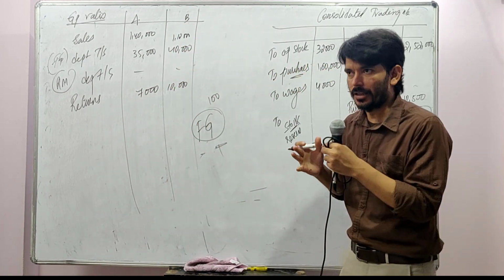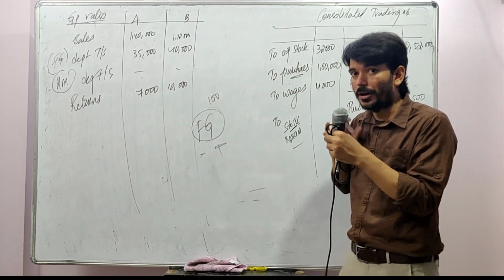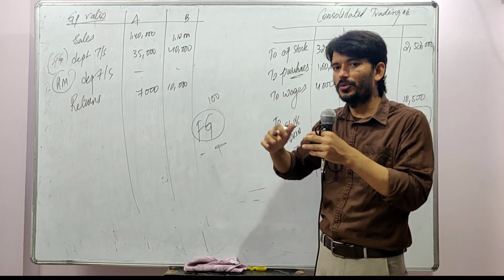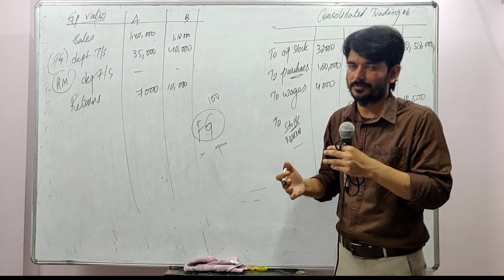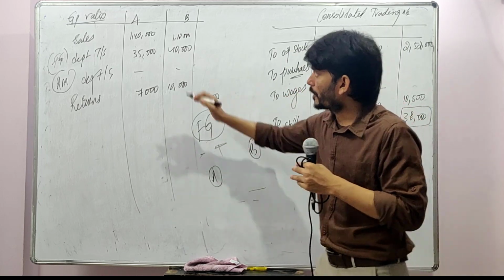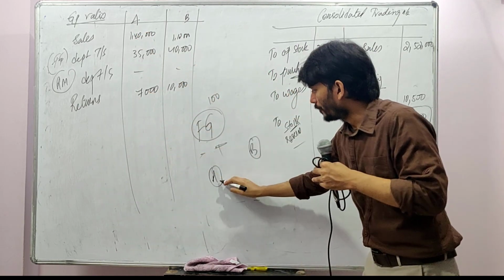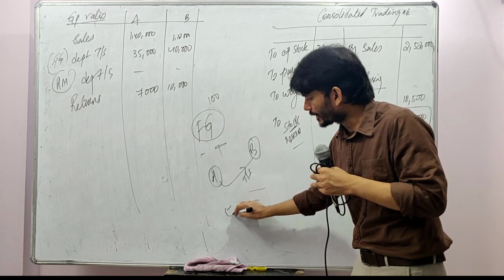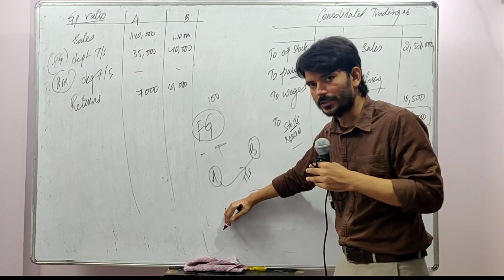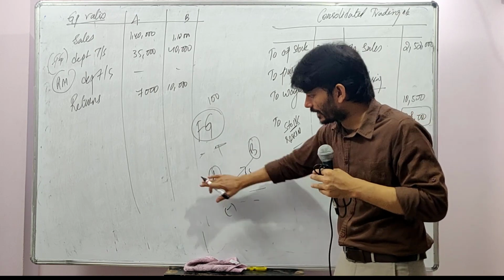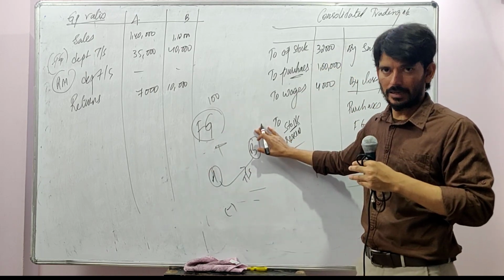If you are A, what you should see is not what you have transferred, you should see what you received as a return. Understand? There is A, there is B. When you are talking from A's point of view, you see how much is transferred to B, and when you are deducting, you deduct the returns that you got from B, but don't deduct the returns that you are giving to B. Understanding?